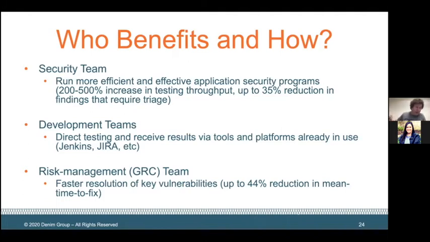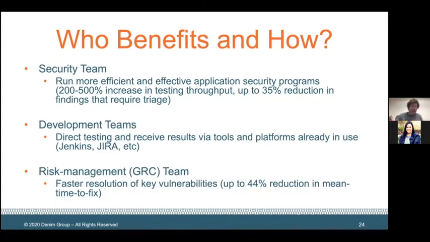On the right side of the equation, they get reports to them in the tools they're already using, such as Jira. And that reduces the training requirement, just makes everything work easier, because instead of security being some super special bolt-on thing, security just slipstreams its way into the process as a whole. And again, by doing this for the risk management folks, what we see is a faster resolution of key vulnerabilities. We've seen up to a 44% reduction in the mean time to fix through the usage of the ThreadFix platform